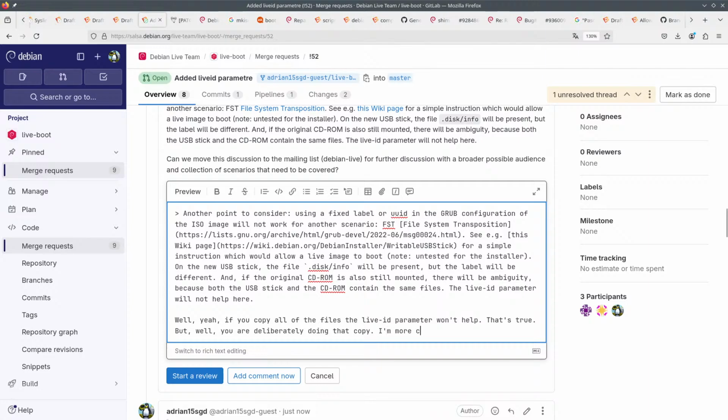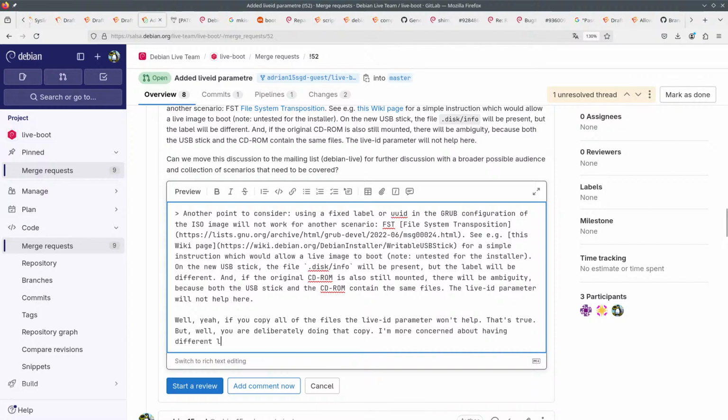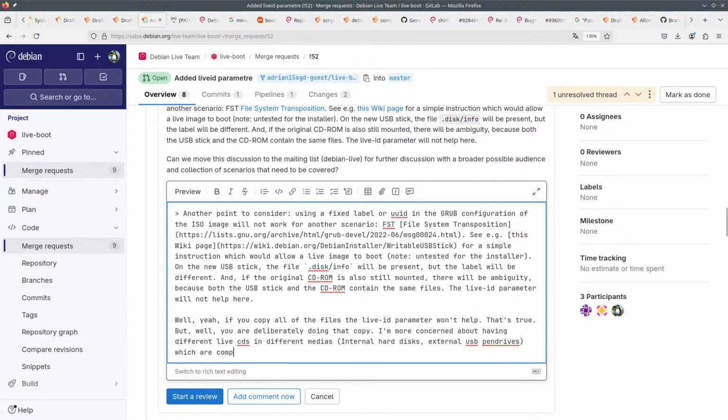I'm more concerned about having different live CDs in different media: internal hard disks, external USB pen drives, which are completely different, but somehow,